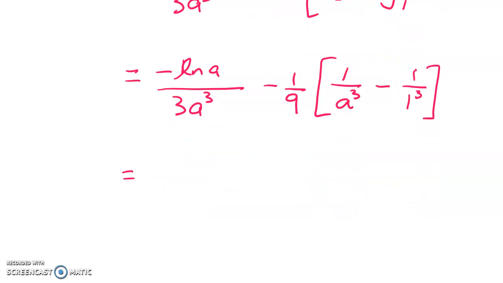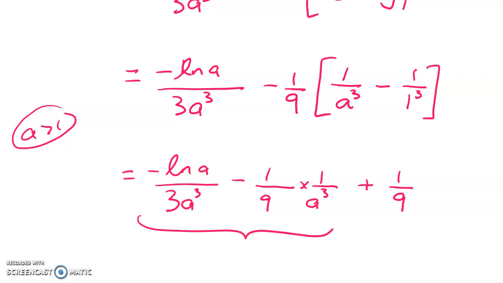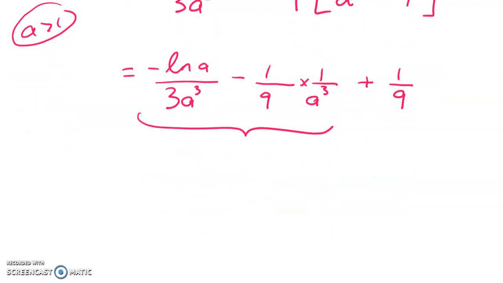What we've got to do now is figure out how we can justify the claim that this is going to be less than 1/9 for values of a greater than 1. So we can clean it up a bit more first. I'm just going to leave that like that. And then we've got plus 1/9. So if we want this to be less than 1/9, what we've got to show is that this bit here is negative. So it equals 1/9 minus,